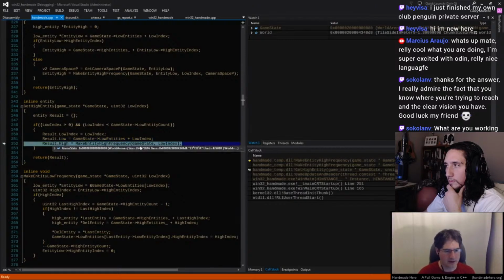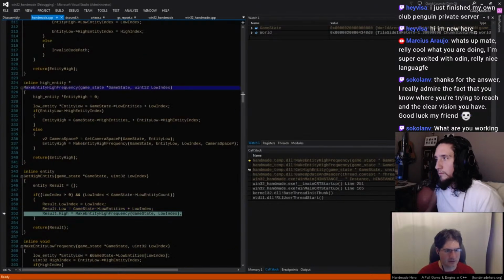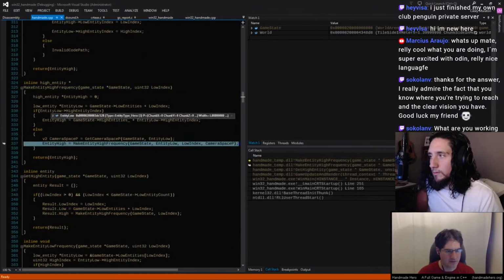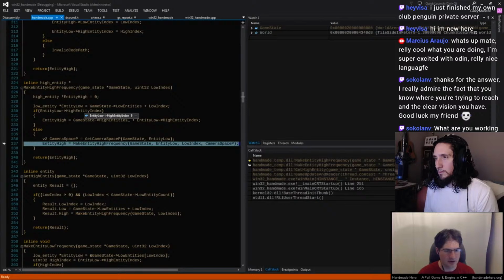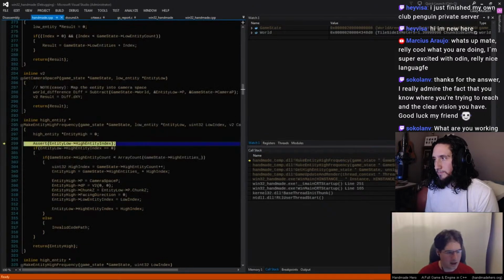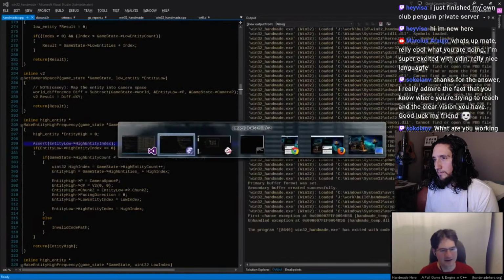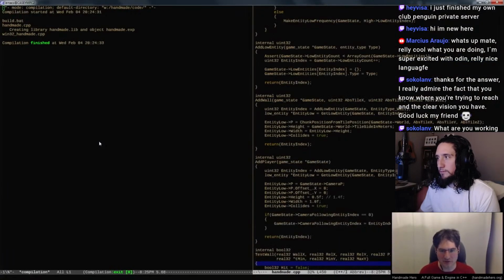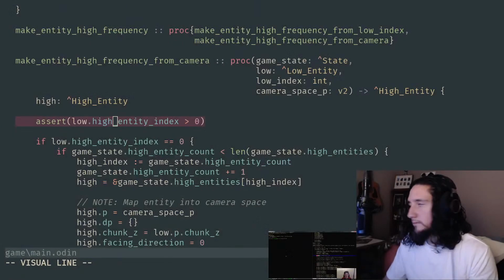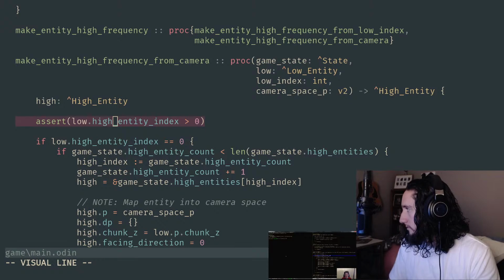Anyway, when we go to make that high frequency, obviously this function should have checked against that, right? This entity low high entity index should have guarded against it. So I'm kind of confused as to why. Oh, it's easy. Wow. Took me a while. I just assumed that there was a bug, but there actually wasn't a bug. It's just the assertion that's broken. That's the bug. So we're trying to assert that it is equal to 0, not that it's not. We want to make sure that there isn't one yet because we're about to make one. Duh.